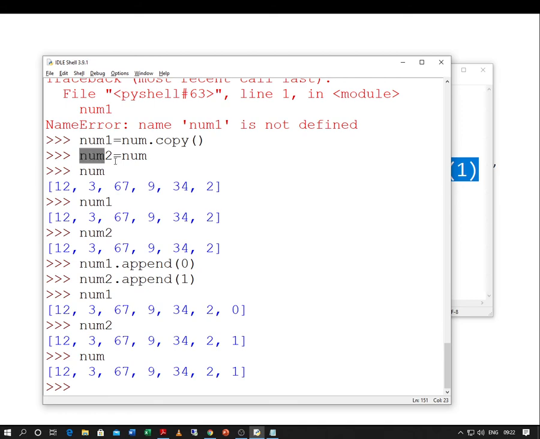Because when we copy the list using the assignment operator, remember what Python does. If two variables are having the same value, then it is not going to be stored at two different locations. They are going to point to a single location.